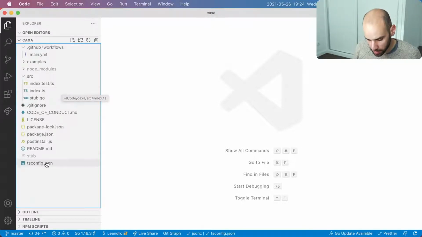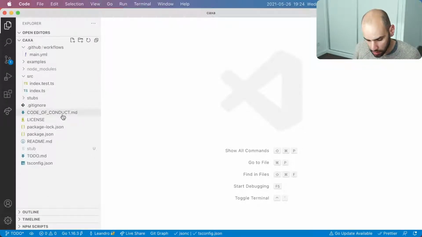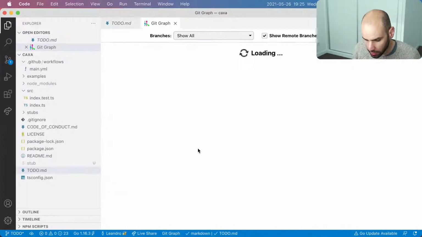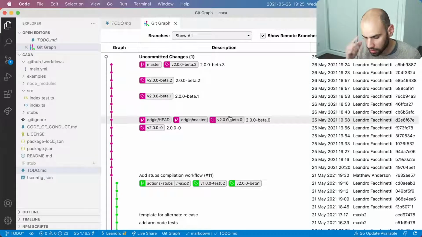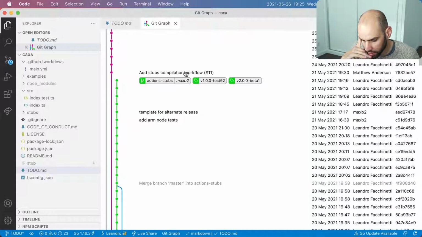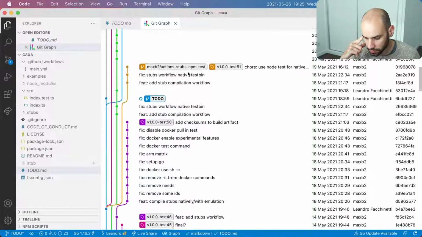But with that, we can come here to the to-do list, which is in a different branch, but never mind that. In fact, I'm going to look at the Git Graph and maybe clean things up just a bit. So I have a bunch of tags, and this is the branch that we were working on last week.